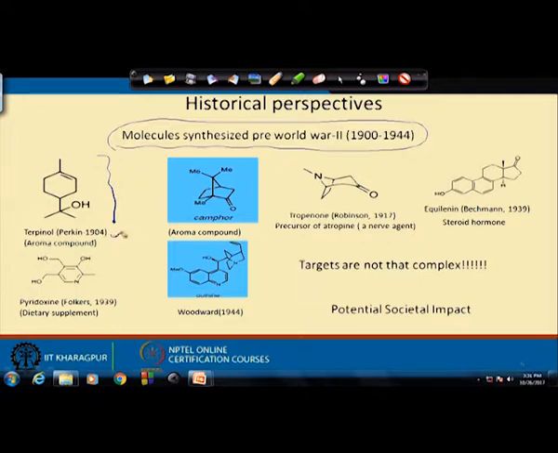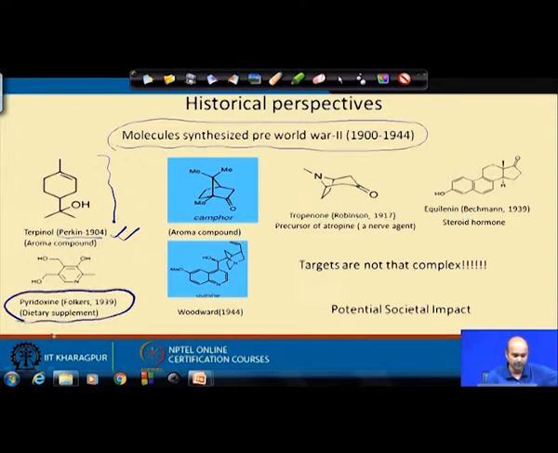The first molecule synthesized is terpineol, used as an aroma compound giving a sweet perfume. It was first synthesized by Perkin, the famous Perkin condensation, if you remember, in 1904, a century ago. The compound used as a dietary supplement or vitamin B3 is pyridoxine, which was synthesized